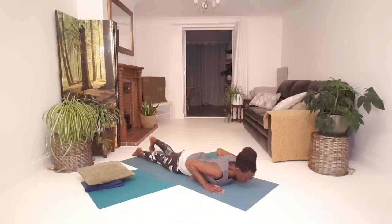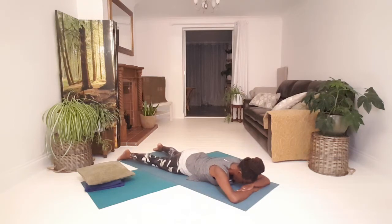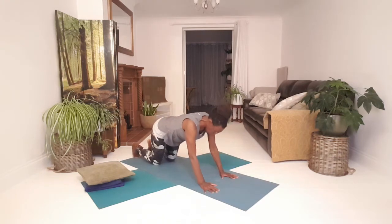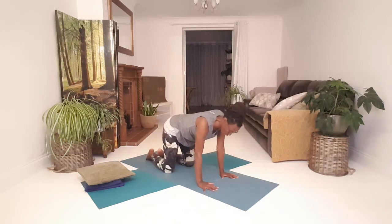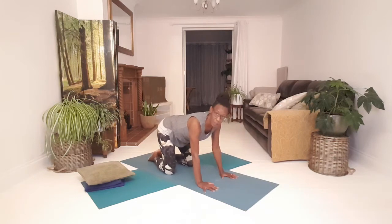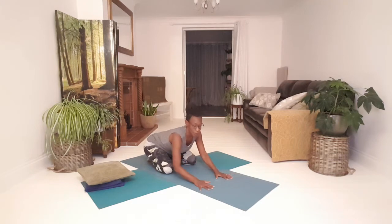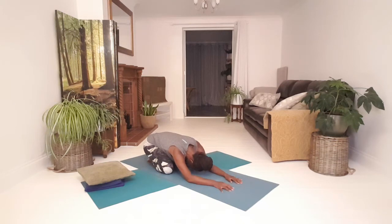We're going to tuck the toes under to move to a child's pose, which is going to be on the knees, but if you'd rather go back to the crocodile pose and be off your knees, then keep on your belly and forehead on your forearms. Otherwise, child's pose, hands underneath the shoulders, knees underneath the hips. Remember, you can have the blanket or towel underneath your knees too if you'd like that cushioning. Going to have the big toes touching if your knees are going a little further apart, or knees can be closer. Find what feels good here, and then again finding what feels good for the arms, either arms relaxed at the shoulders,